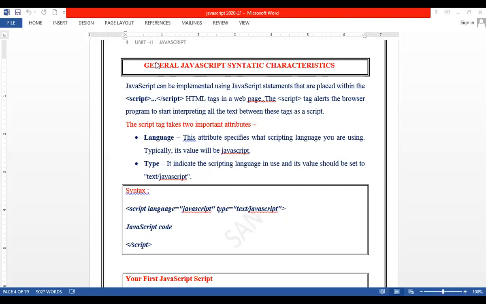Yesterday we saw the introduction of JS. Today I will upload both the videos together. So let us have a look at how to write JS today. Just like CSS, we saw that there are different ways of writing CSS, isn't it? We saw different forms of writing the CSS.